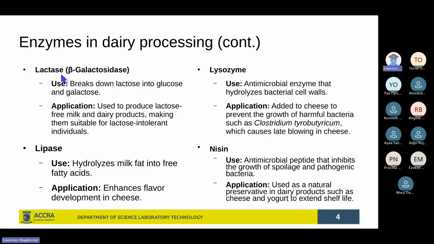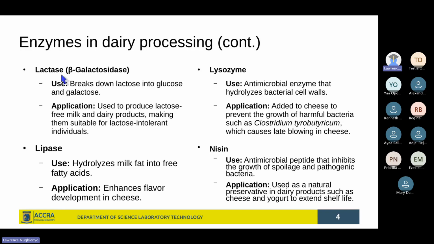I think we even looked at the mechanism of action of it, breaking down the cell walls, which are made up of peptidoglycan. And this lysozyme, because it causes bactericidal effects, it then can help in the preservation of the milk products, and also prevent, for instance, let's say in the production of cheese, where you do have some harmful bacteria, or perhaps bacteria that